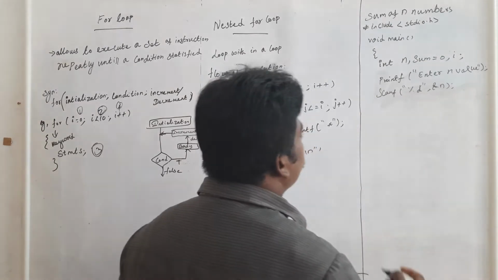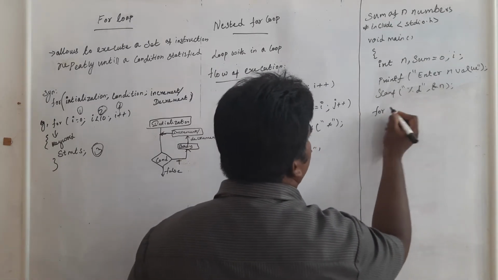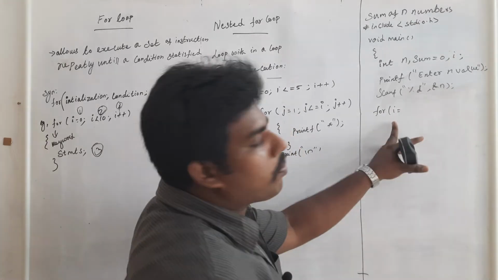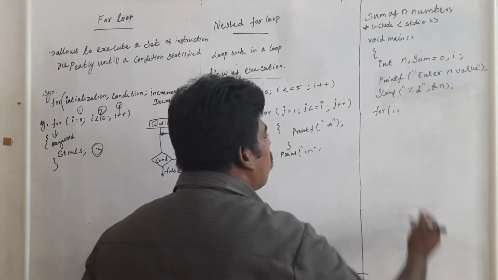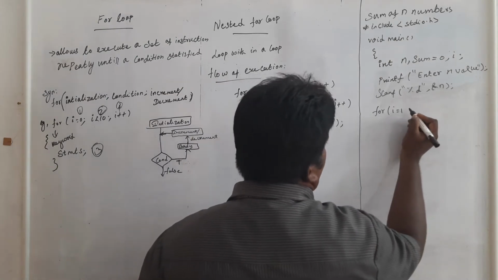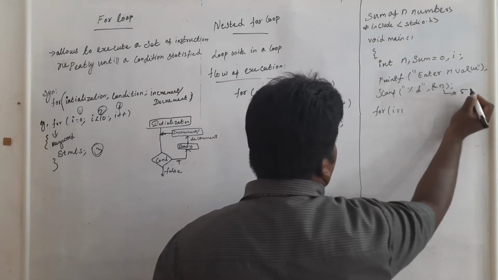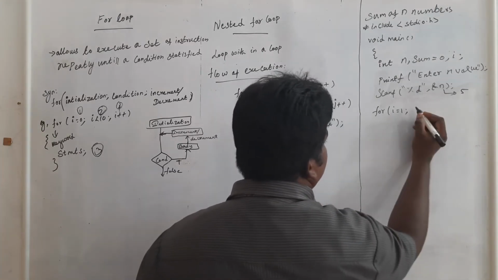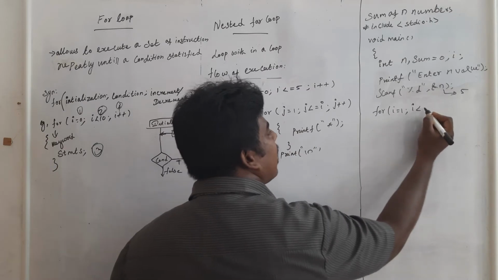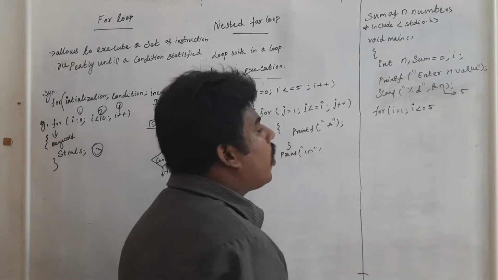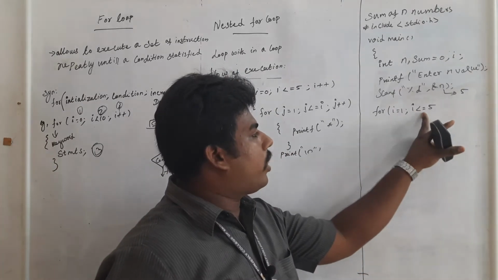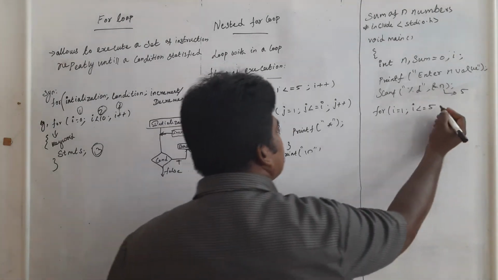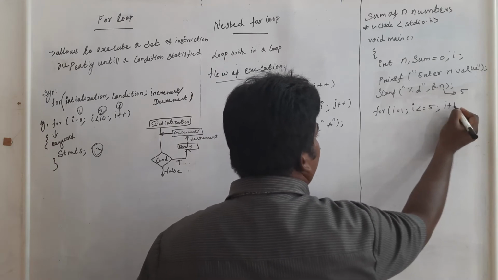Okay. Now I am going to use the for loop. If I want to start from 0, you have to put 0. If you want to start from 1, you can start with 1. Here, for example, I am using 5. So this is the initialization, i less than or equal to 5. So I want to add from 1 to 5, so I am using i less than or equal to. This is the condition.